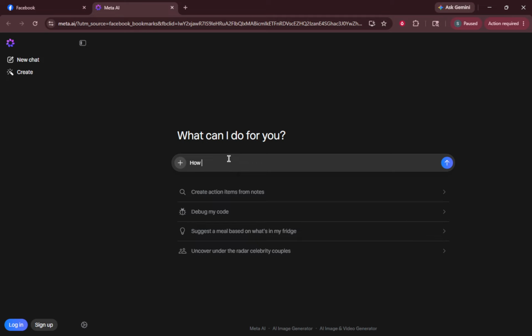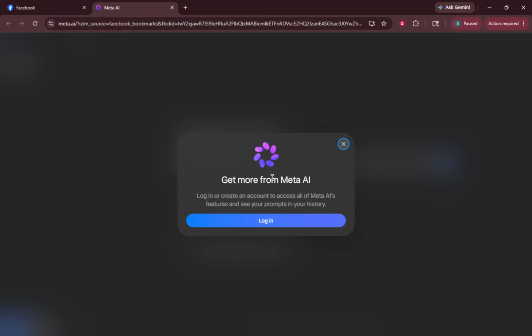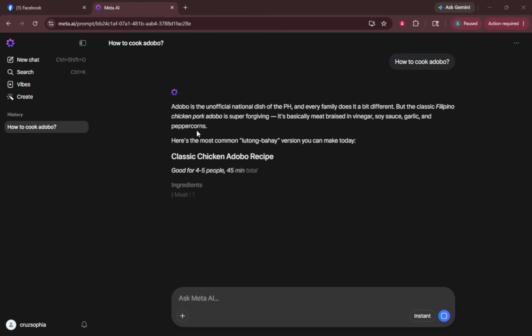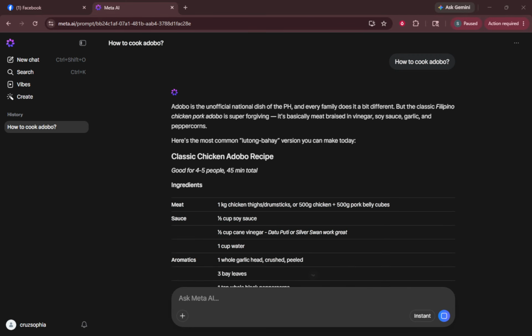If you'd rather use Meta AI inside the apps you already have, make sure they're up to date. Head to your device's app store and update Facebook, Instagram, Messenger, or WhatsApp. Then open the app and log in as normal. Look for a Meta AI entry point. In some cases, you'll see a dedicated Meta AI chat. In others, you'll notice a prompt in the search bar that lets you ask Meta AI directly.